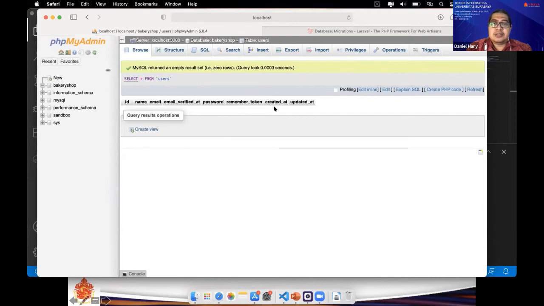When there is new data, it will get the date in created_at, and when the row is updated, this one will fill updated_at.